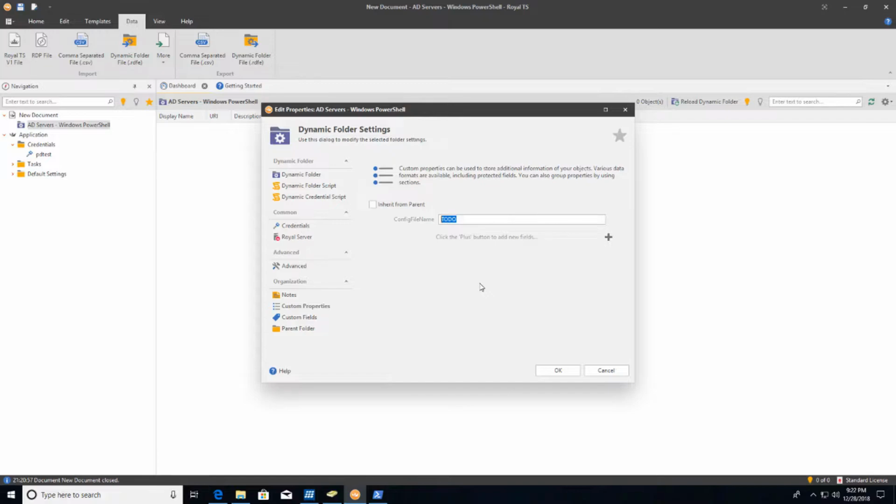If you're going to be using multiple instances of this script in one of your documents or across multiple documents, you'll just want to change this value to something else. So if I want to call it settings1.xml. Now, the big advantage that this is over a lot of the other dynamic folder scripts that I've seen